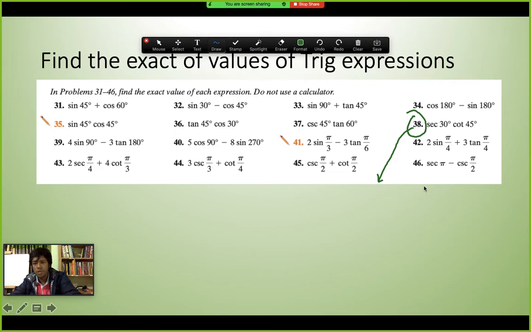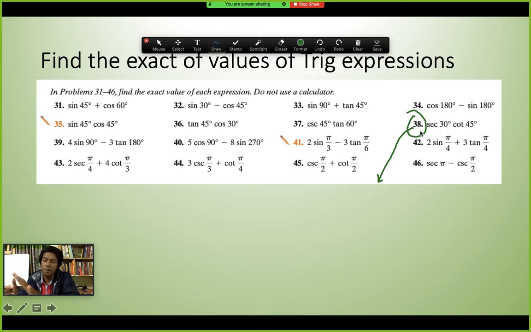So sec 30 degree value is what? We do not know. But we know that sec theta and cos theta are reciprocal to each other. So we need to know that cos 30 degree equals what? Cos 30 degree equals root 3 by 2 from that standard table,